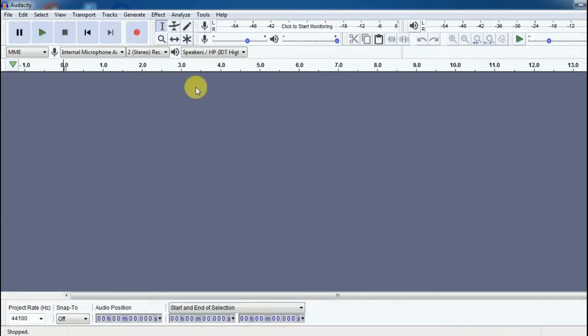If you want to switch which mic you want to use, you just have to plug in your mic, and over here you will see an option for external mic where you can select that and start recording. There are two types of recording, one is mono and another one is stereo, so you can choose whatever you want. And if you want to listen your voice, you can just select whether you want speaker or your headphone. So guys, that was the basic and what you had to know about it while you are starting this software. So now I'm going to start by just clicking on that red button and start recording my voice.